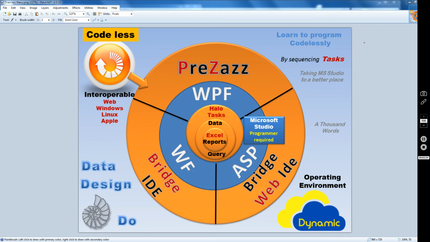And with the new dynamic Halo, we have the ability to deliver tasks like you would find at the top of an Excel spreadsheet, the different tools or tasks, and you'd be able to do them through all three platforms, codelessly or in Studio, dynamically at runtime without having compiled them into your application. And this is the greatest future for development, which turns what was once only doable by programmers to something a businessman can learn to do